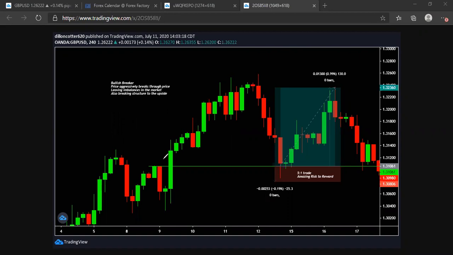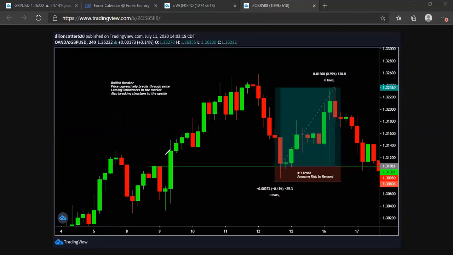So just to recap, a breaker would be that failed outcome candle. And we need to see that sharp, aggressive move to the upside, breaking this structure, right? Giving us a change in directional bias per se. So just as mentioned before,